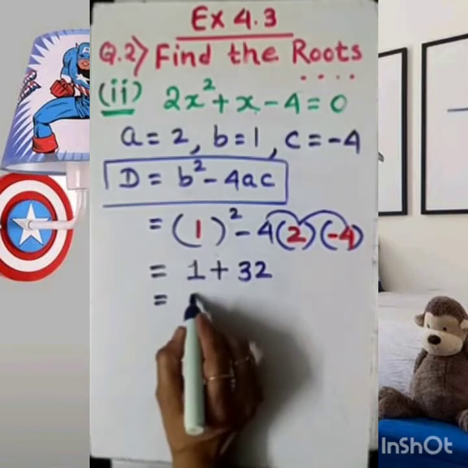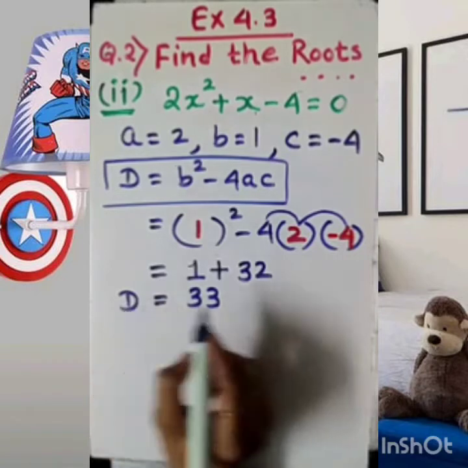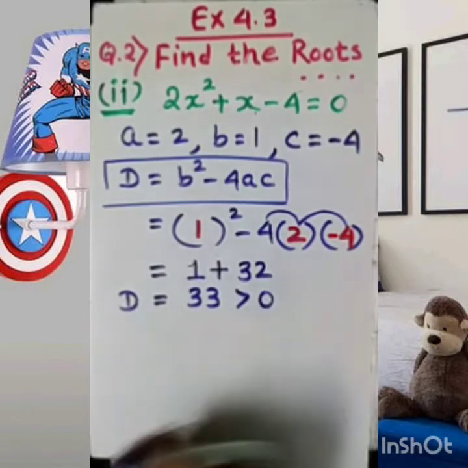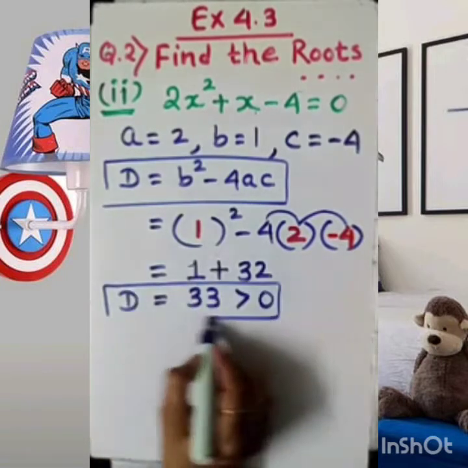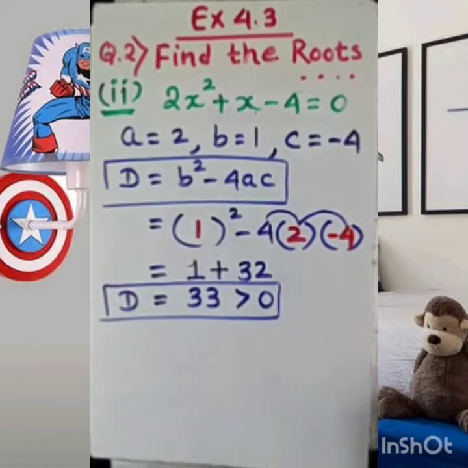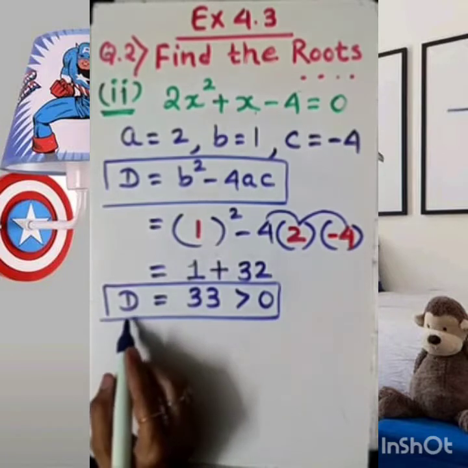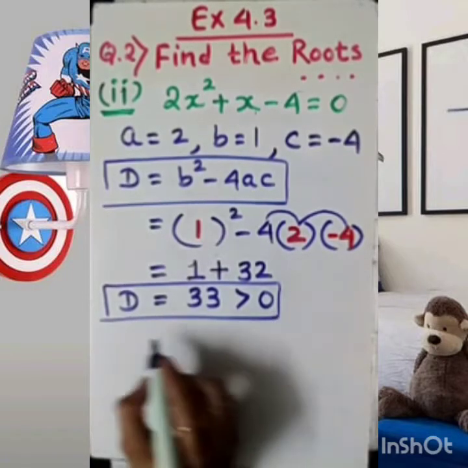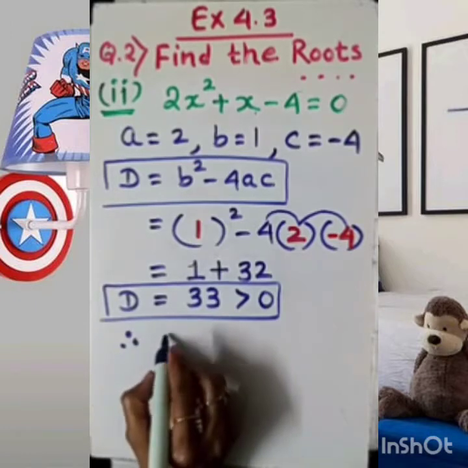32 plus 1 is 33, which means the value of D is greater than 0. The discriminant is again greater than 0. So without finding the roots, we can say which type of roots there can be. As I already mentioned in the beginning, whenever D is greater than 0, we need to mention here,